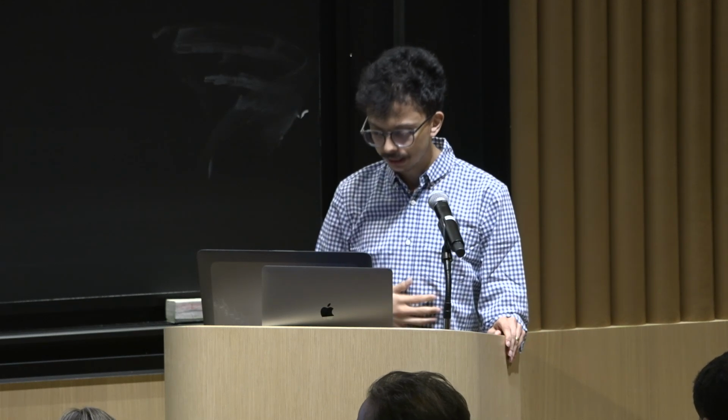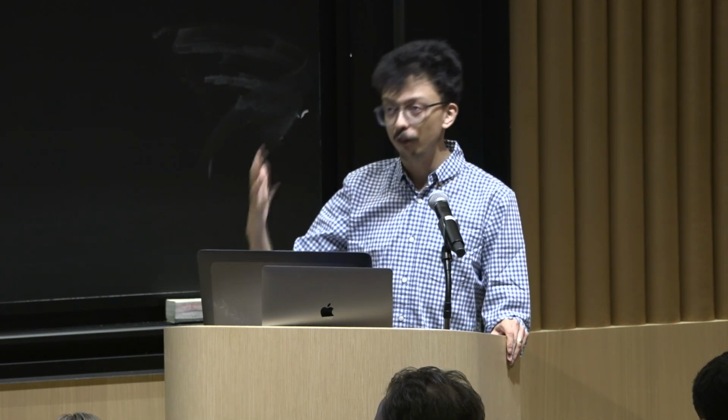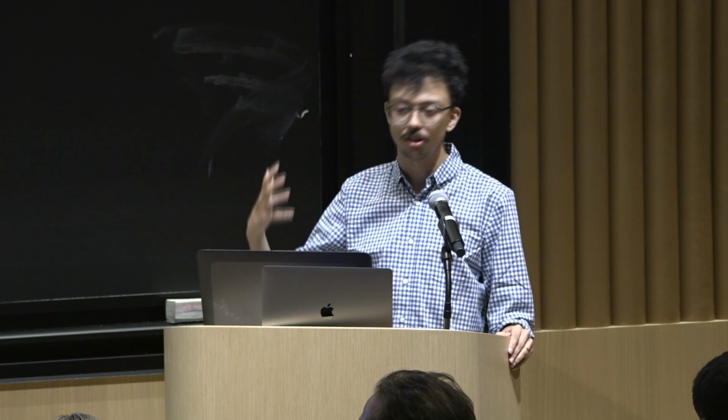With that being said, and adding to that point, the second layer of the NANDA index architecture is what we call the agent facts metadata schema. The goal of the agent facts schema is to affirm agentic identity, advertise endpoints, show audited capabilities, as well as allow for aspects such as telemetry, certification, all of these things. So the agent facts schema is extremely detailed, but here is a